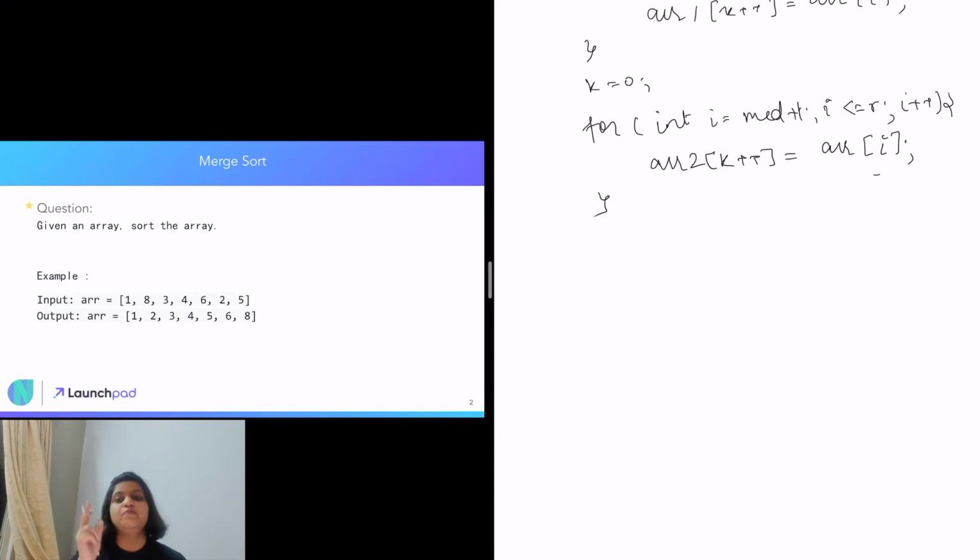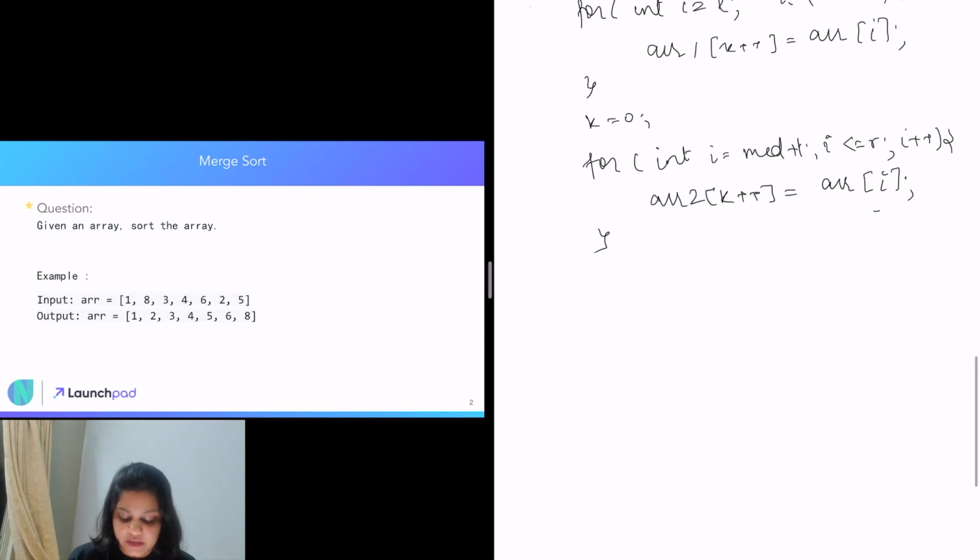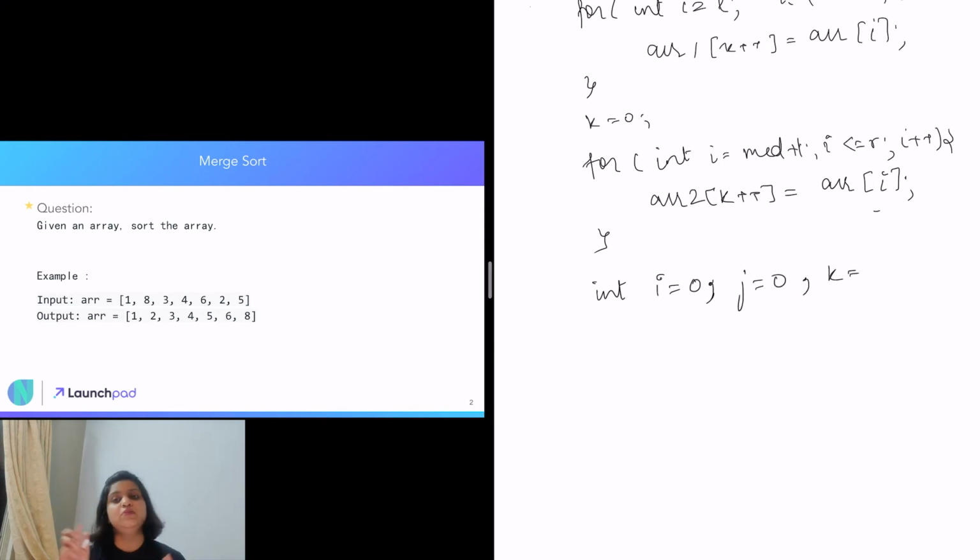So we have to update from L to R, because that is the current array that we are looking at. Okay, so what we are going to do is, as I mentioned, we are going to have i which is 0, we are going to have j which is 0, and we are going to have k, which in a normal merge of two sorted arrays was 0, but here, since we know that we have to insert from the Lth position, it is going to be L.